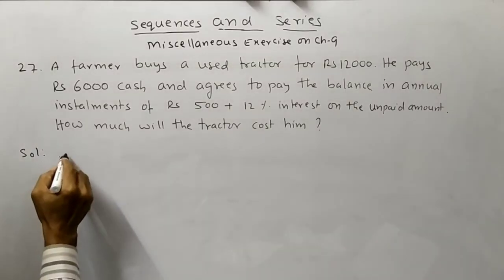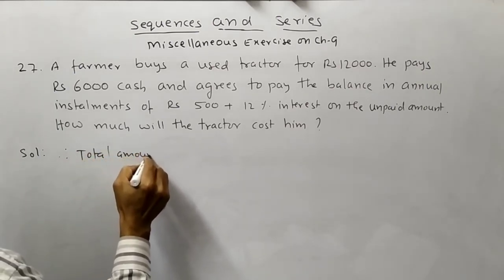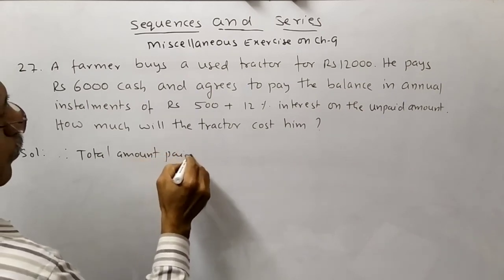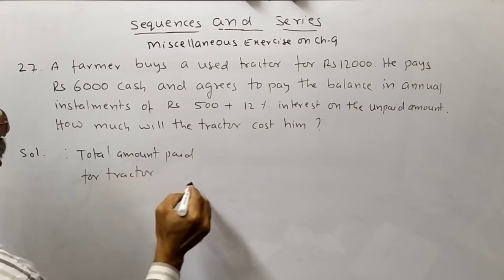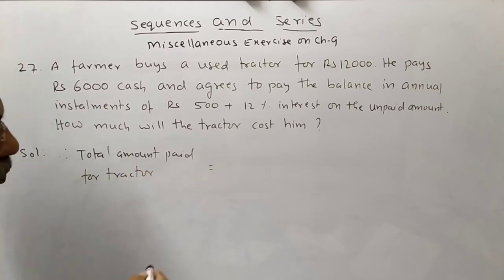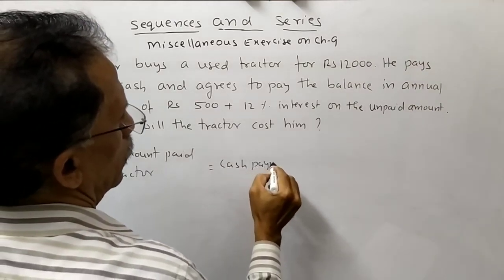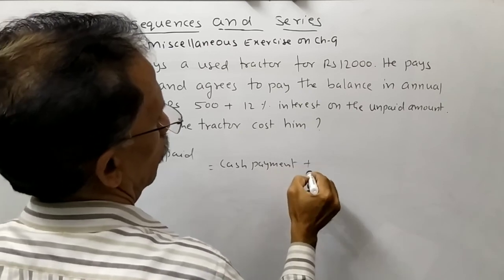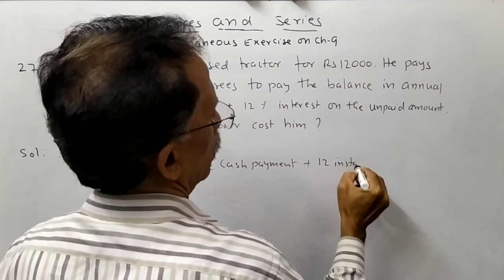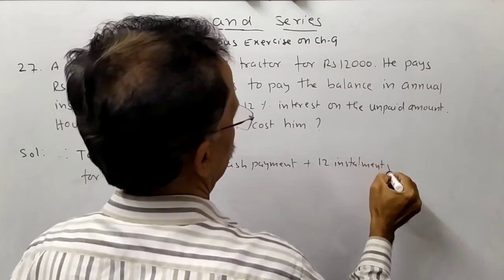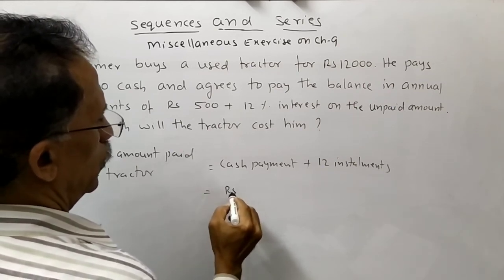Therefore, total amount paid for tractor is equal to cash payment plus 12 installments is equal to rupees